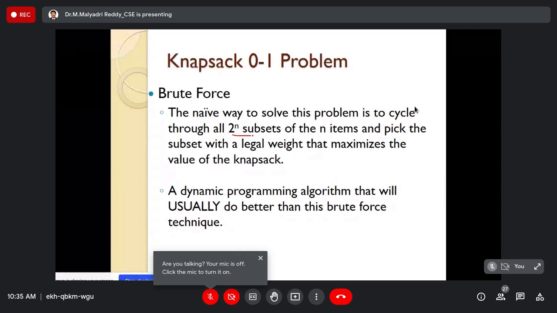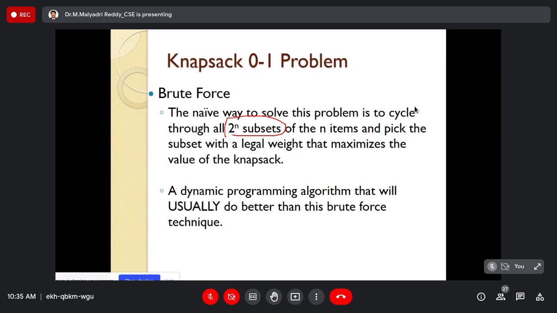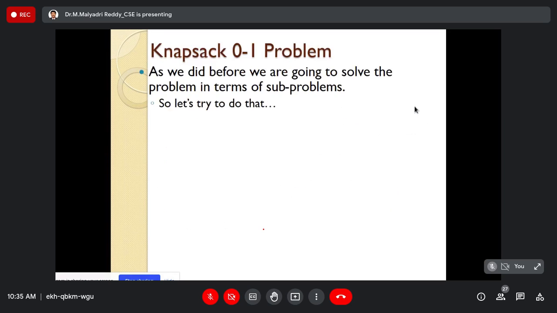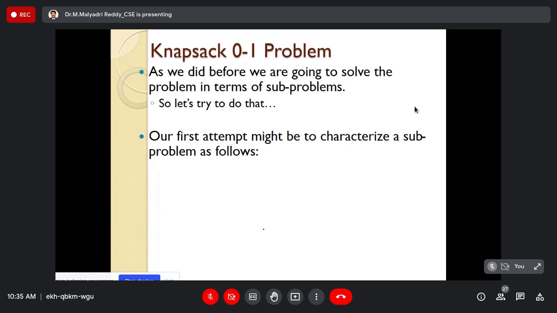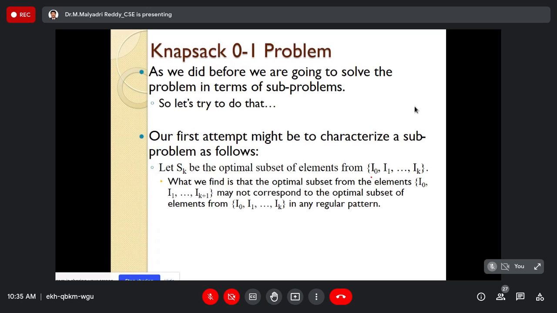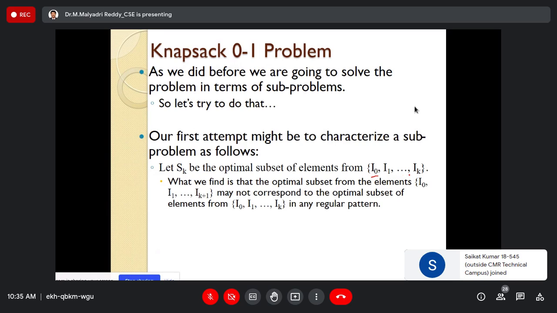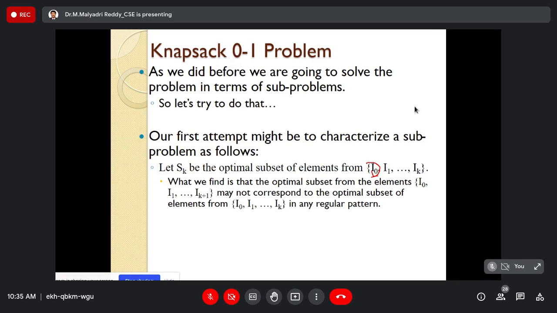Here in this problem, we have to use the 2 power n subsets. Every time we have to choose one subset and satisfy the constraints with respect to the criteria function. Using this method, we will get a better solution than with brute force techniques. By including the objects in the knapsack, we choose items like I0, I1, I2 up to I power k. Every time we get one extra item that specifies the empty bag or empty item.